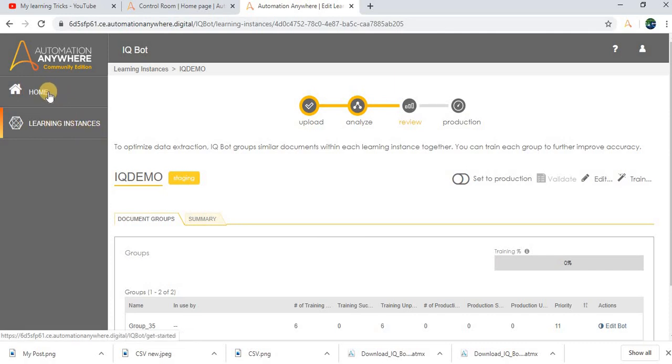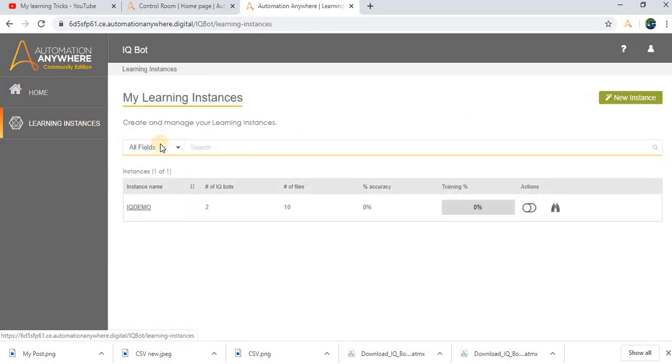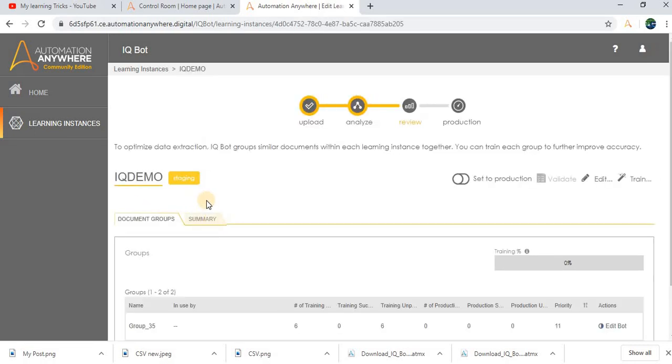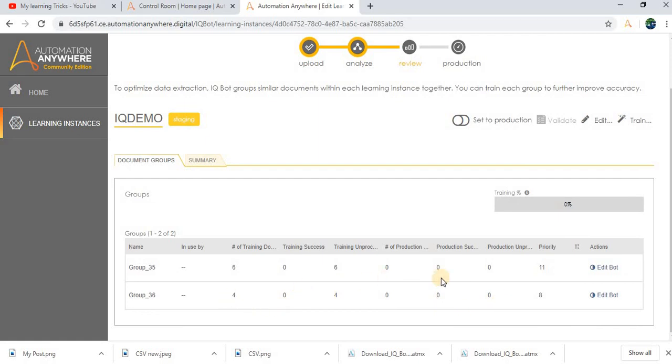So we started with the home page, right? In here we started with Get Started. Once everything is done, the landing instance will be created. So here the landing instance is created. Just click on this, and validate once again whether everything is right or if there are any mismatches. So group training documents 6-4.